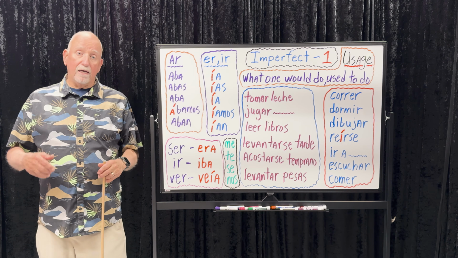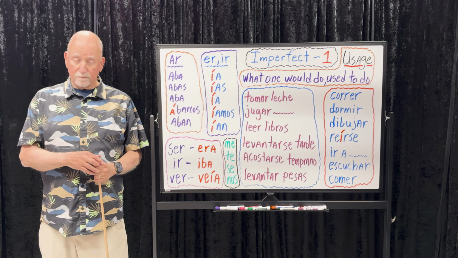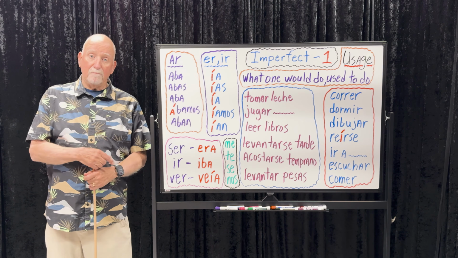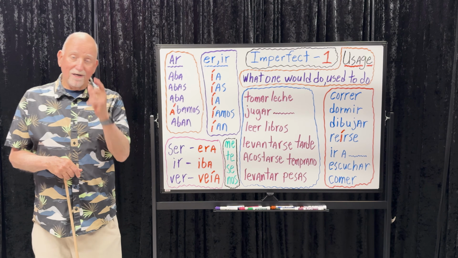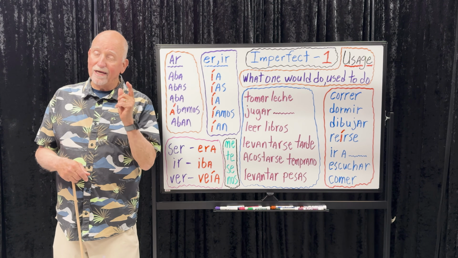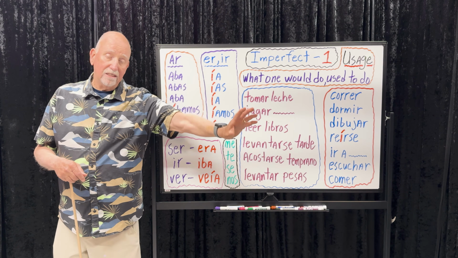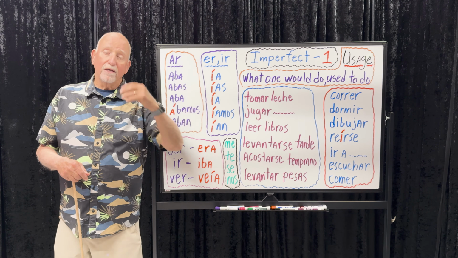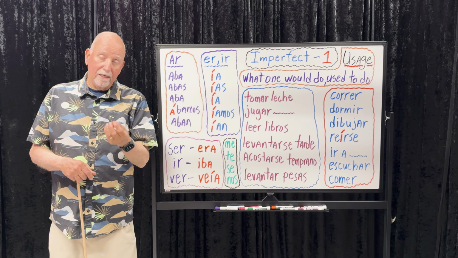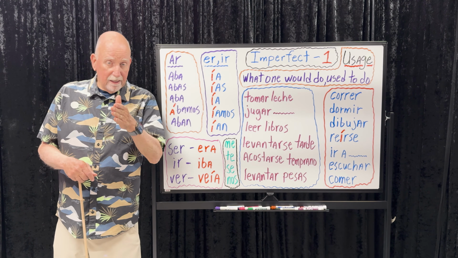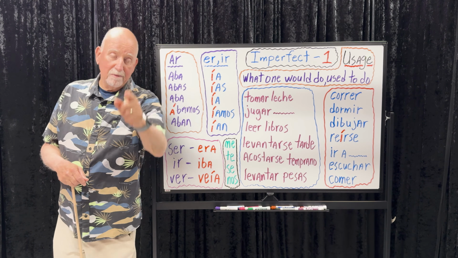Here's one. I used to go to the library to study Spanish. Yo iba a la biblioteca para estudiar español. After para, if we have a verb, I don't care what it sounds like in English, ing, infinitive, you're going to go infinitive in Spanish. After a preposition, which para is, if you have a verb, immediately the next word, it must be infinitive. But that's a separate lesson, and it's coming up.